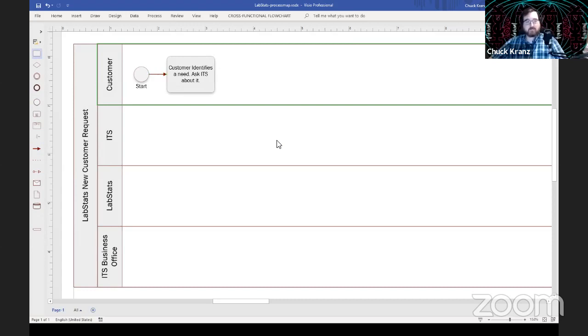So customer identifies a need. We have our start, and then they ask me a question. So I'm going to put a box down here in ITS. They're going to send me a message and say, "Hey, Chuck, what can you tell me about LabStats remote access?" So I'm going to indicate that with a dotted line there. So then my task here is going to be review service with the customer, and I'll provide a